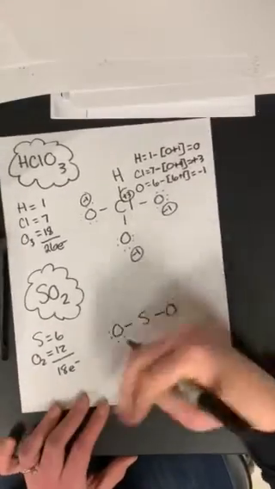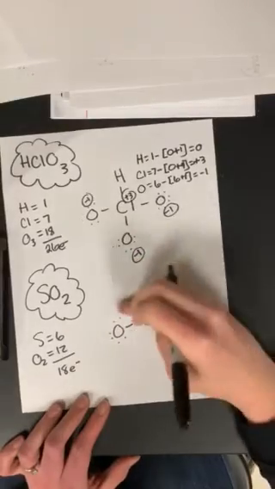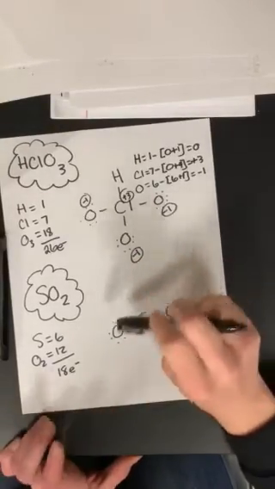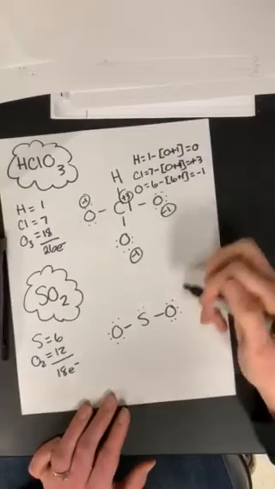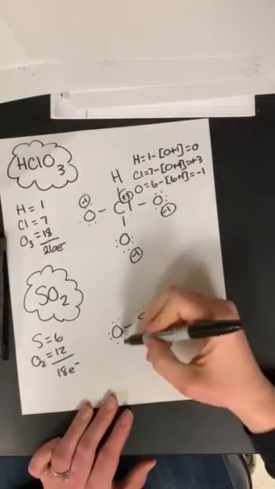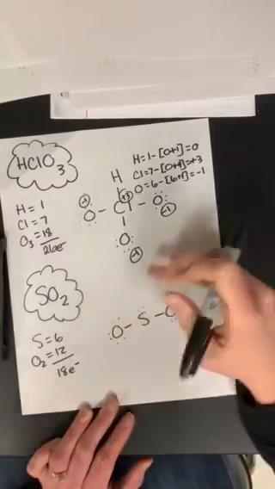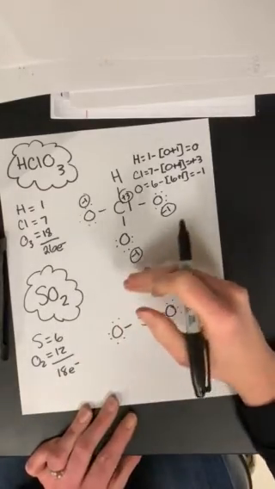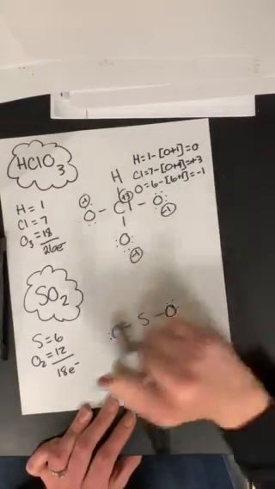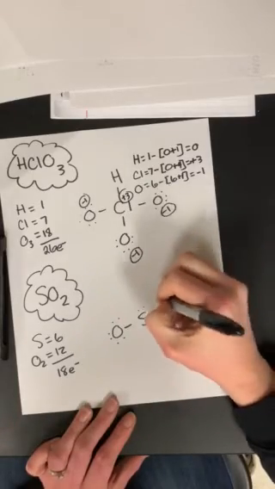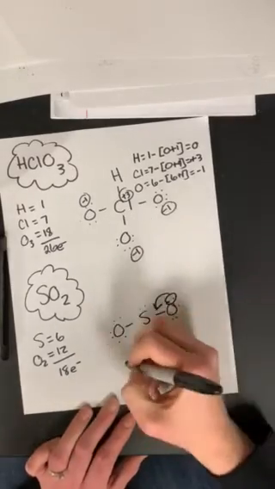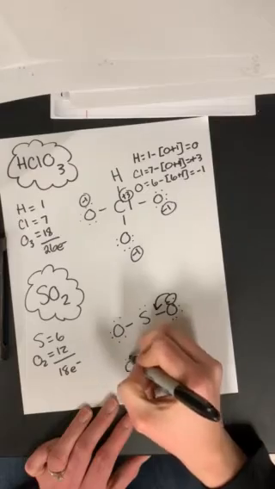Okay? Doesn't matter where we're putting them right now. Again, this is the point I would write in pencil, because the next step is to evaluate our octets. This oxygen has 8, this oxygen has 8, but this sulfur only has 2, 4, 6. So this sulfur is not good right now, okay? One of these oxygens, doesn't matter which one, is going to donate their electrons to a double bond. So it's going to become